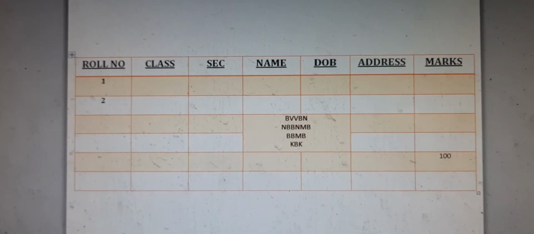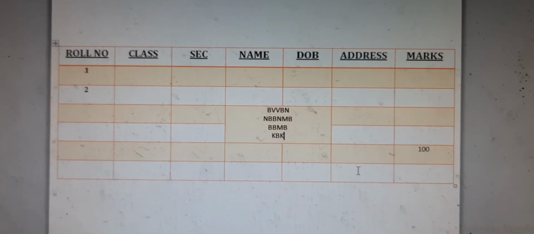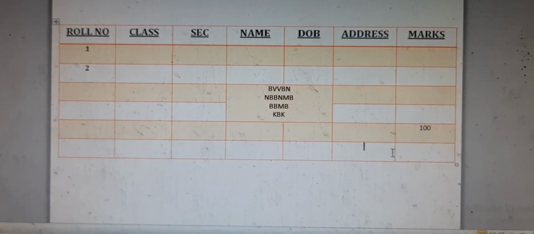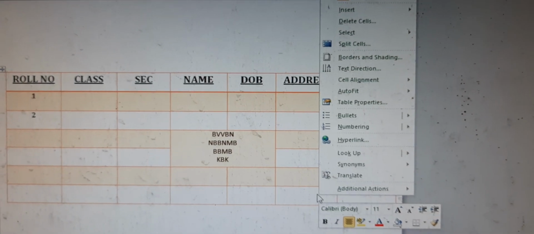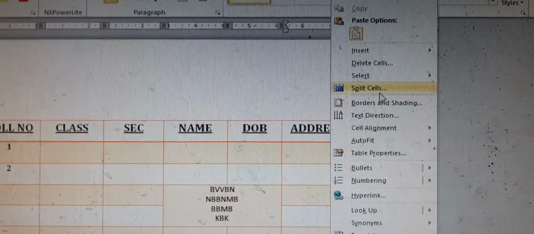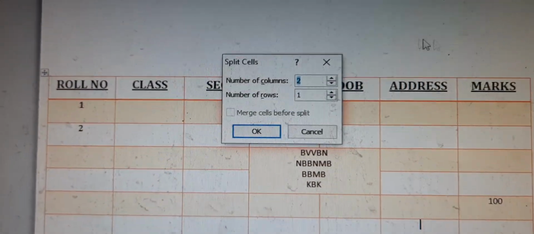Similarly, if I want to split, just the opposite of merge, suppose I have to split the last cell. Just select the cell, now right click on it, then go to Split Cells. If you go to Split Cells, it asks how many rows and columns.